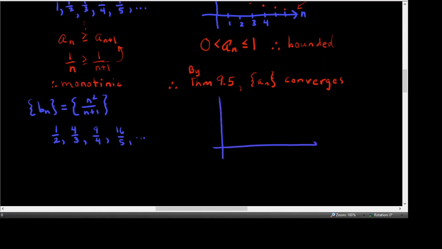So if we were to look at the graph of that sequence, let's see, let's make 1 about right there, 2 is up there, and on the n-axis that's 1. Okay, so 1 gave me an answer of 1/2, 2 gave me an answer of 4/3, which is 1 1/3. 3 gave me an answer of 9/4, which is,